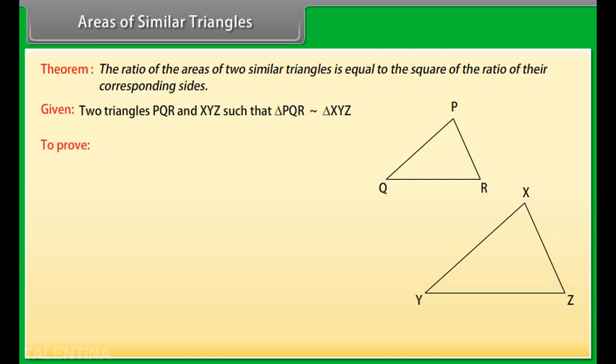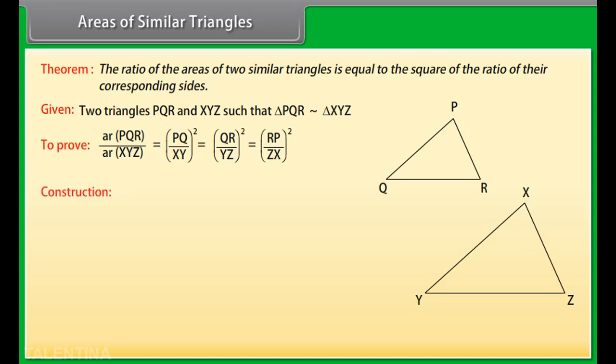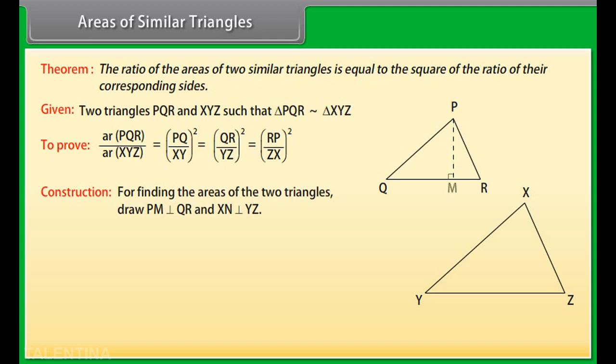To prove, area of triangle PQR upon area of triangle XYZ is equal to PQ upon XY whole square equals QR upon YZ whole square, which is equal to RP upon ZX whole square. Construction. For finding the areas of the two triangles, draw PM perpendicular to QR and XN perpendicular to